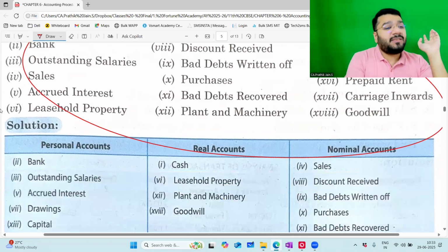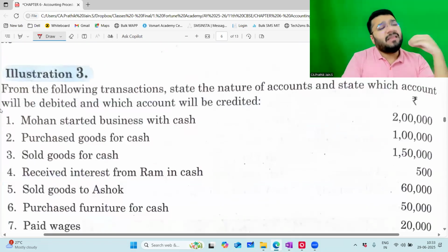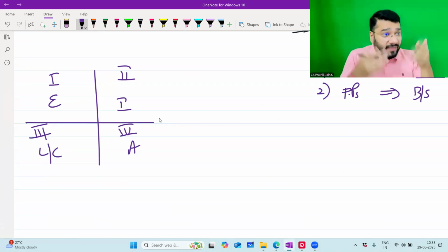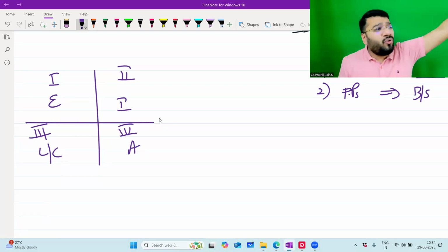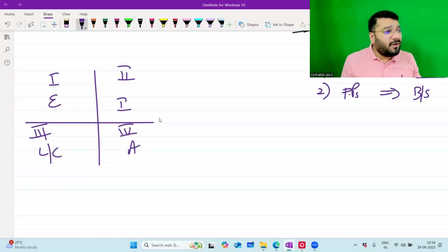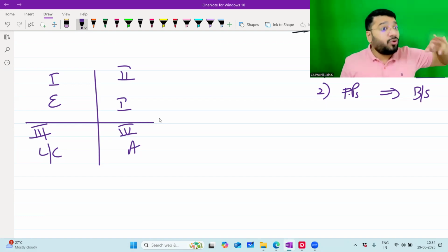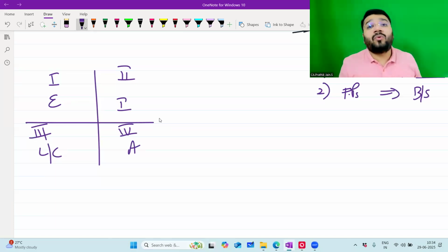Which means experts said that you take any transaction, in that you take any accounts, you will be able to classify them under these 5 categories. If these are the 5 things that I require, then why should I go to golden rule? Debit the receiver, credit the giver, debit what comes in, credit what goes out, debit all expenses and losses, credit all income and gains. So they said nothing doing. We'll come out with a new rule called the modern rule, because there are so many transactions where we could not conclude from the golden rule whether this account should be debited or credited. Therefore, we had to come out with the modern rule.